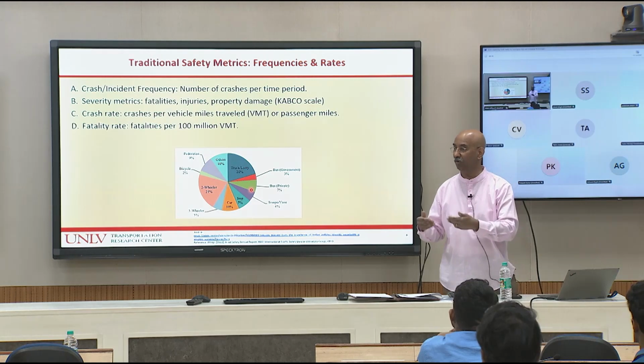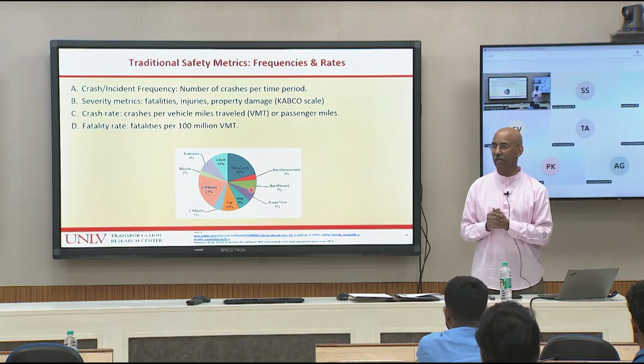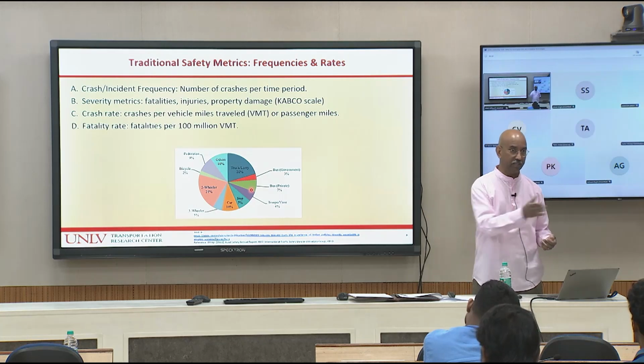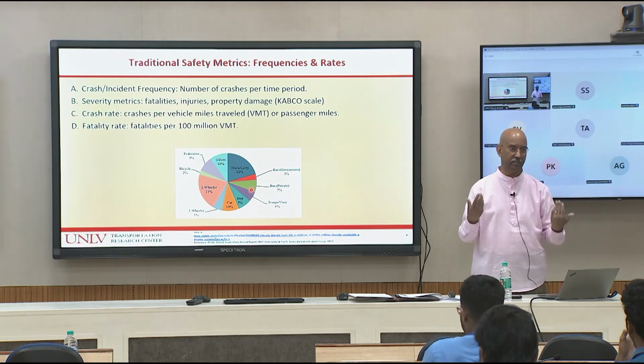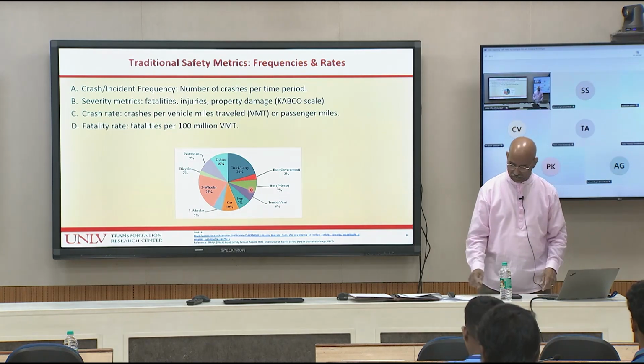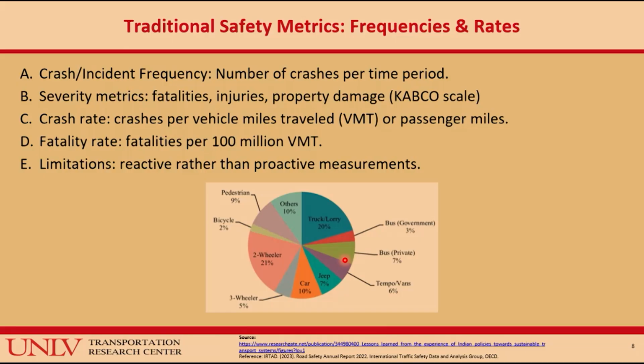So when we normalize for exposure or measure of activity, in many cases we are not able to get actual vehicle kilometers of travel or vehicle miles of travel for roadway sections or for areas such as a district or state. So what we tend to do is use other surrogate indicators, such as per population, or per vehicle. On average, every vehicle will travel 10,000 kilometers per year, a personal automobile. I don't know what the number is.